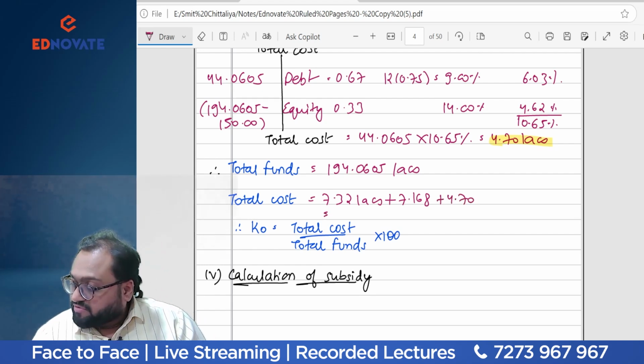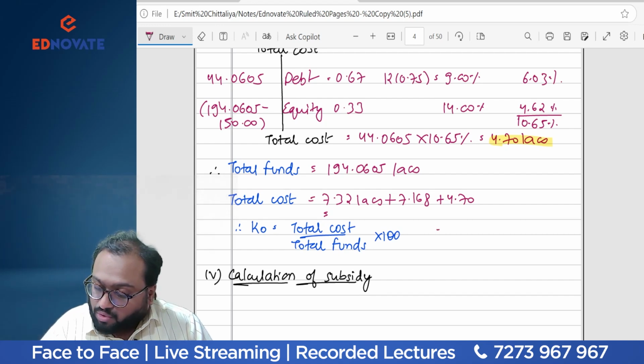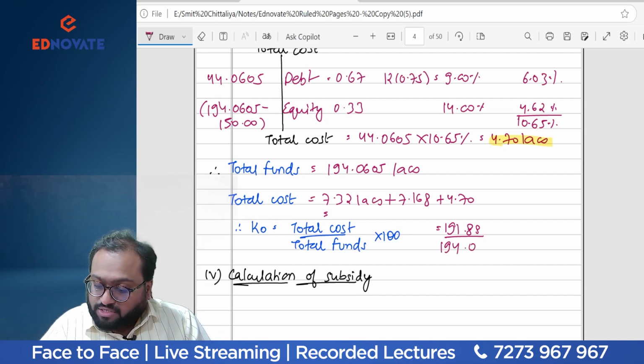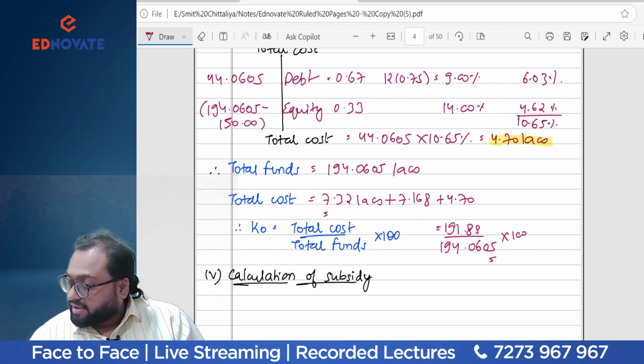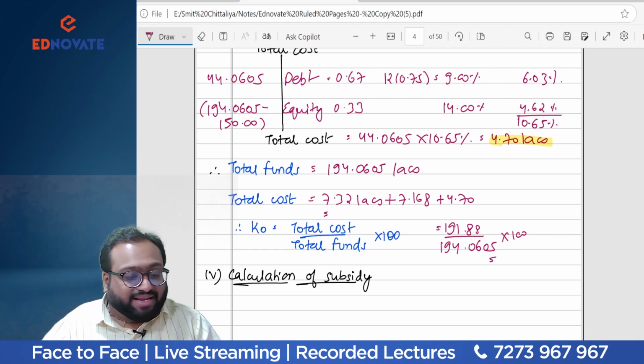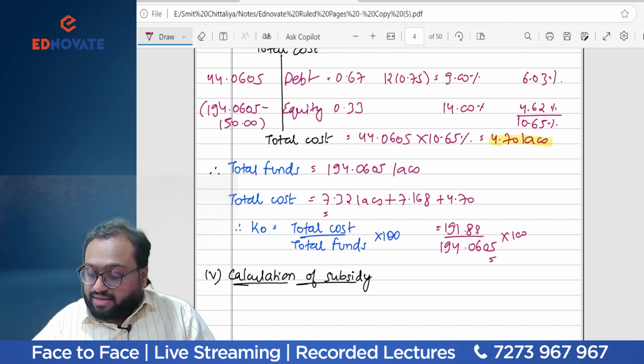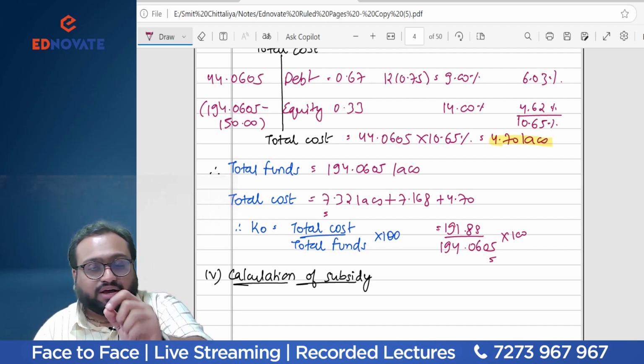So what is the total? 7.32 plus 7.168 plus 4.70, total will be around 191.88. This is the cost which is incurred by the company for raising 194.0605. So what is the total cost incurred by the company will be divided by 194.0605 into 100, it is coming nearly around something 9.90, nearly around 9.90. Due to rounding up, you will get something around 9.89 or 9.88, but it is coming